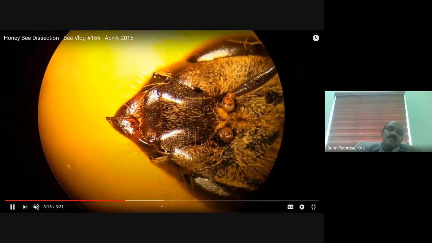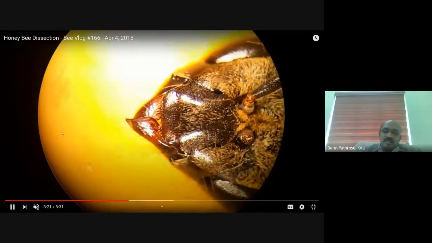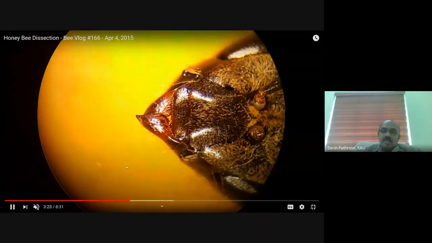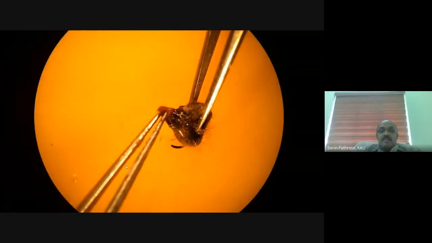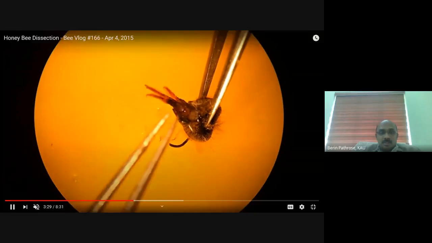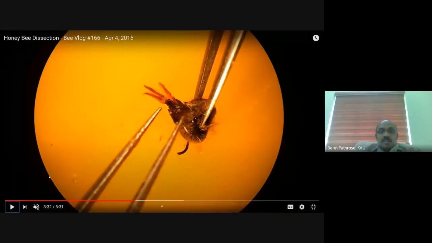Again, they are focusing it again. You can see the mandibles clearly. This is the labrum. This is broad and flattened. And this is the fused proboscis. See, this is the fused proboscis, a fused structure formed by mandible, maxillae and labium.